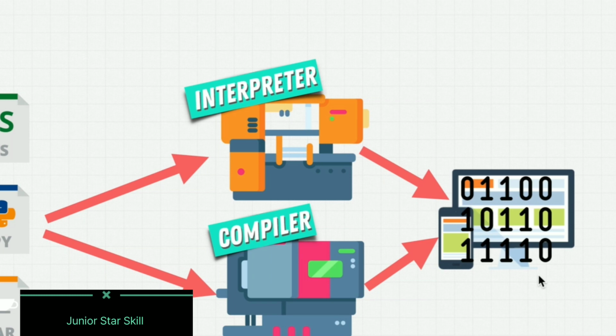So to review, interpreters translate line by line and execute the line before going to the next line. Compilers translate all lines of a program to a file, usually called a binary, and execute the whole file at once. Now, in the next video, we're going to talk about this process a little bit more in detail, especially on how it works with Python.